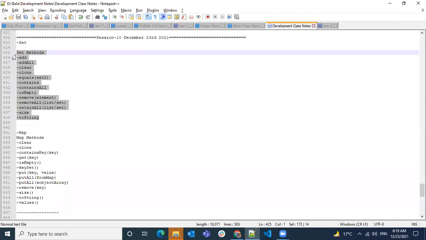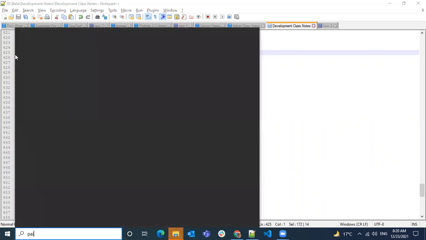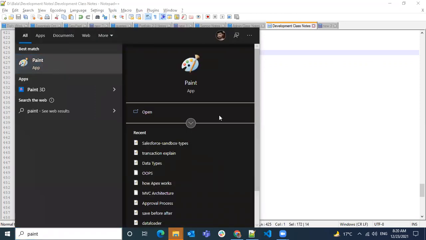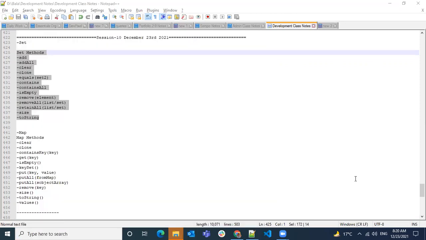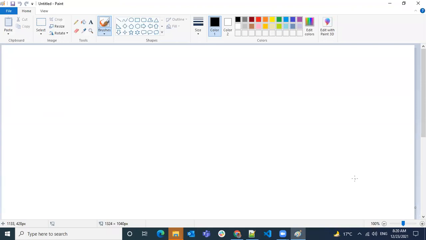Whereas the map is a bit different compared to list and set, where the map stores the values in a key and value combination. Let me explain this with a graphical representation. Usually, if you take the example of the list, it will store the elements in a sequential memory location.